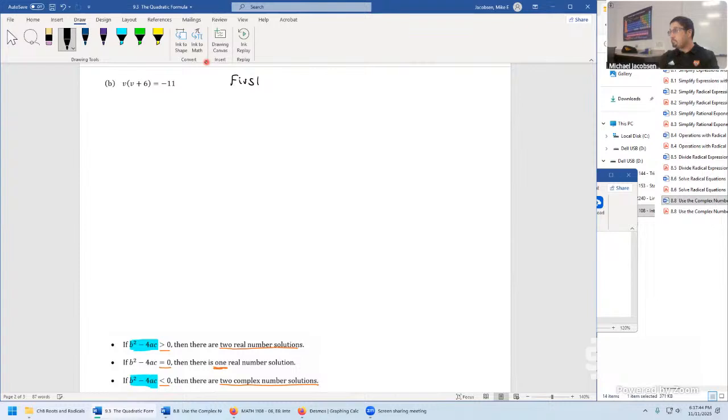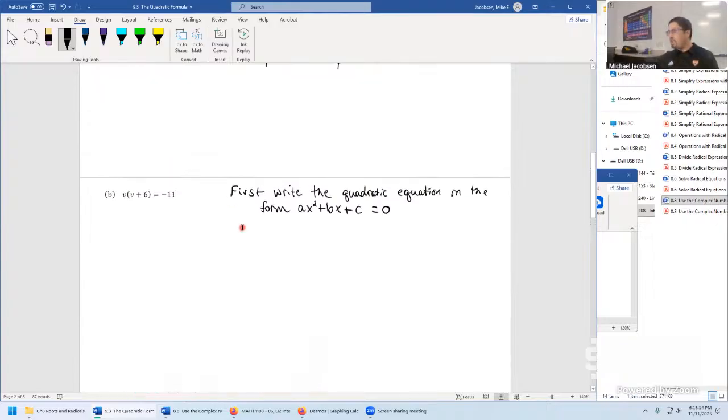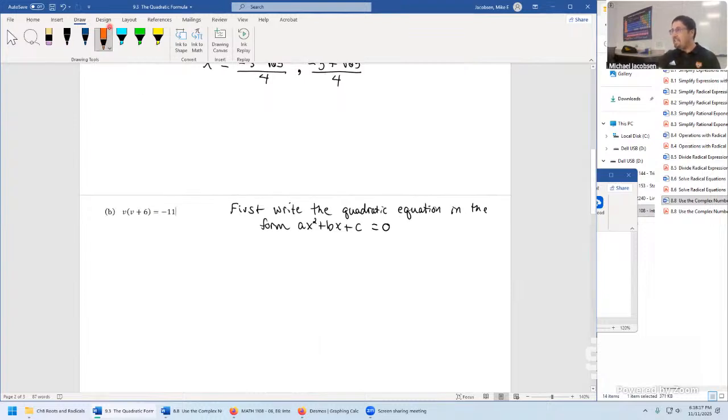First, write the quadratic equation in the form ax squared plus bx plus c equals 0. So we need to actually expand this factorization, get 0 on one side. But while we're looking at this one, let's think back in the day in section 6.5, how nice some of those quadratic equations were. In section 6.5, just as a really fast review problem,